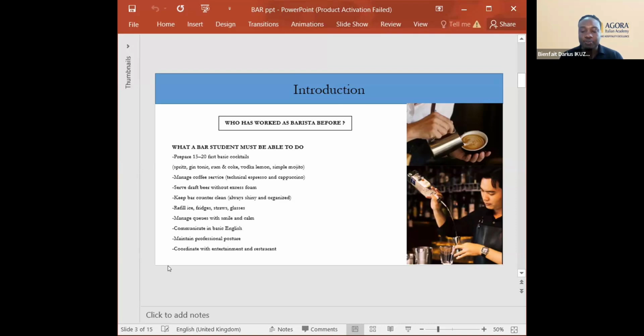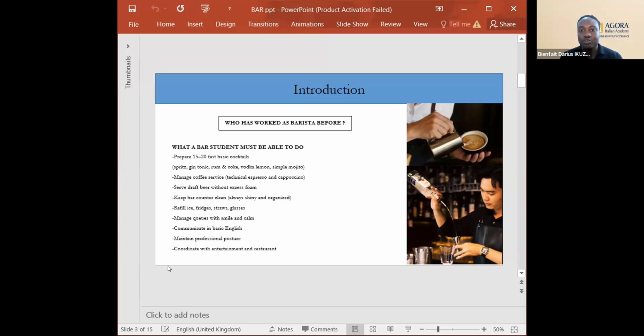We expect every student at the end of this course to be able to manage coffee. We have different types of coffees, as we will see in this course, especially in Italian, where they have different names compared to English ones. So we get to learn them. What is espresso? What is espresso macchiato? What is cappuccino? And how do we measure every single detail while preparing those coffees? There are a lot of types of coffees, so we get to learn each and every one of them in this course.